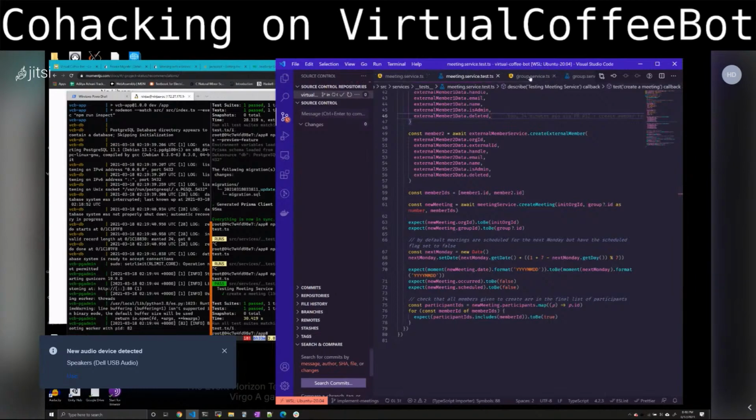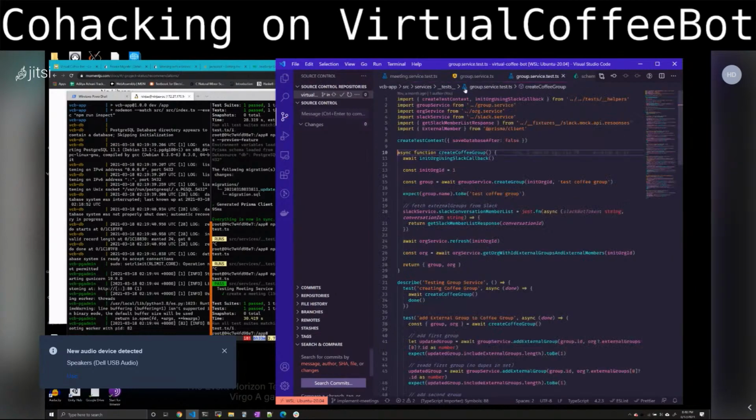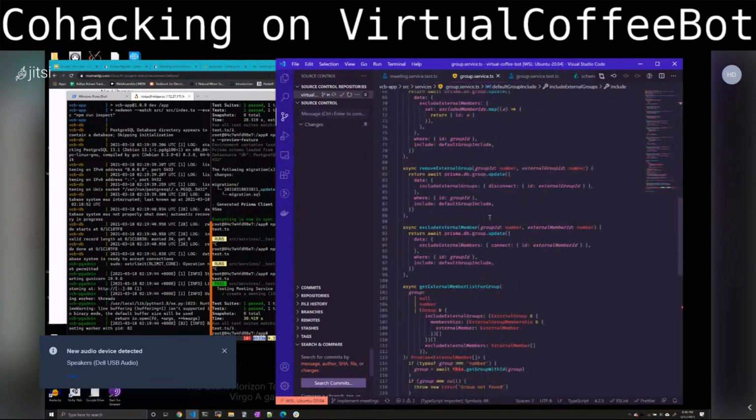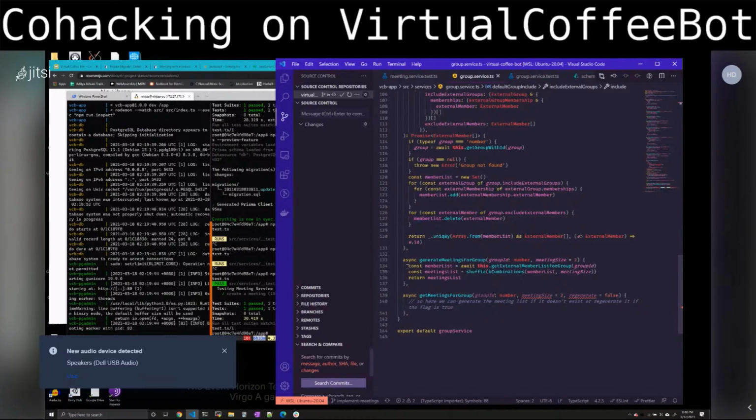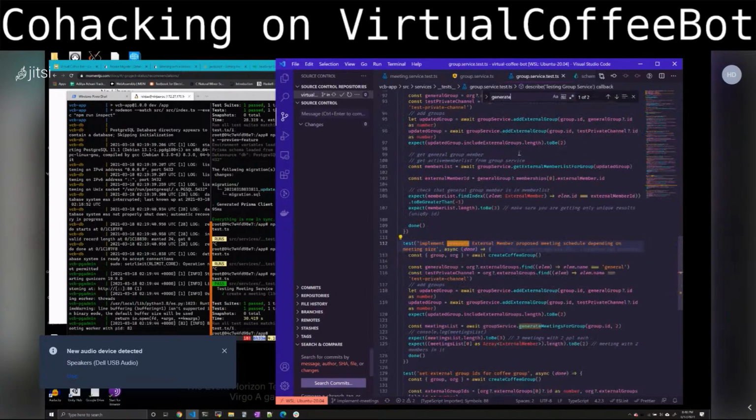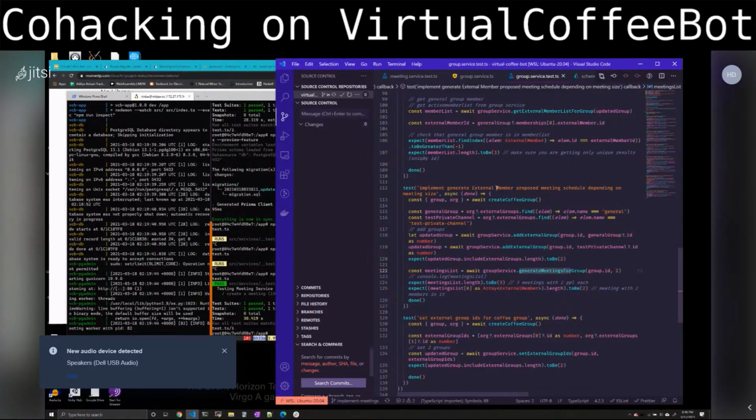Let's go back to the other more tricky task, which is to generate the meetings. So group service, generate meetings for group. We have a test for that. Generate meetings for group. We do. Implement generate external member proposed meeting schedule depending on meeting size. Okay, cool. So this generates the meetings for the group. Specs, okay, creates a list of meetings, member lists. All right, and now